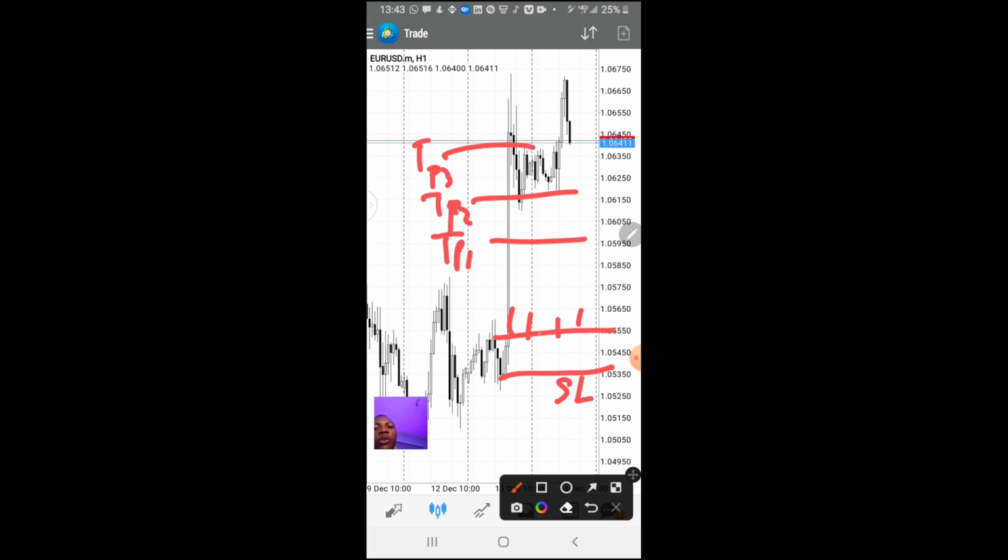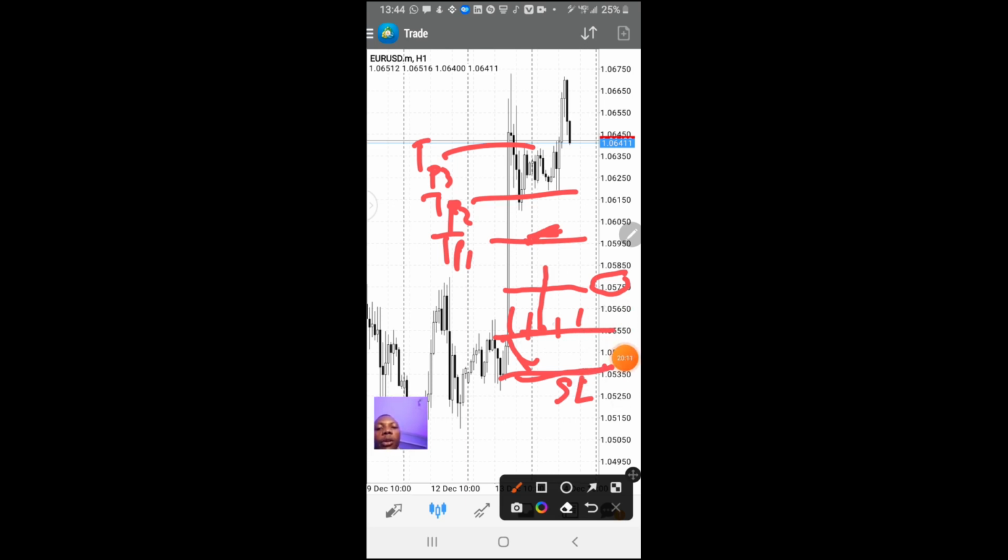Let me just say the trade is going up and it is somewhere around TP1. Instead of being afraid that the trade can reverse and come back and hit your stop loss, you remove this stop loss and then you put it somewhere here. You read this number here, and then you go into your trade and edit it, and that is how you'll be able to